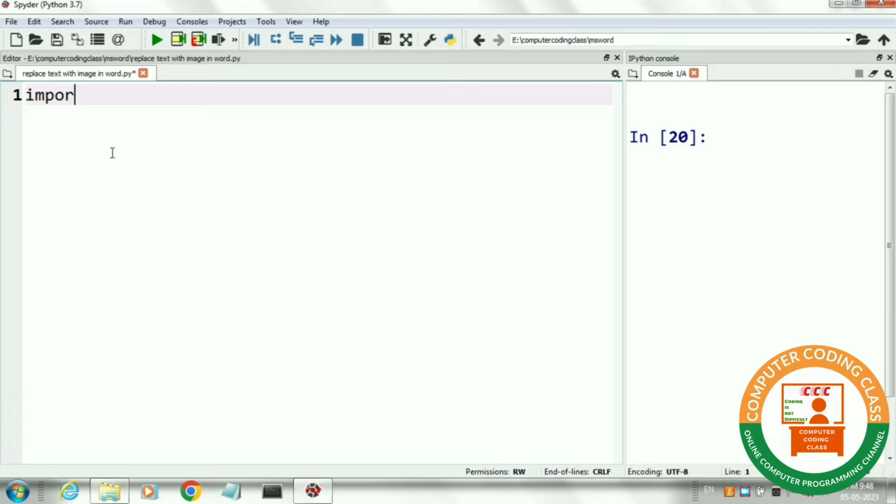First of all, we will import both the libraries. First library is re, and from second library, that is Python docx, we will import Document. Here in place of Python docx, we will only write docx.